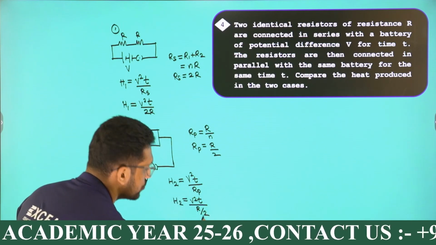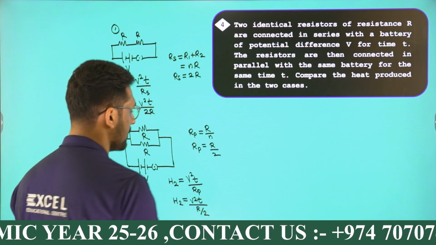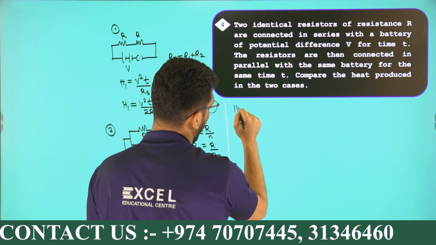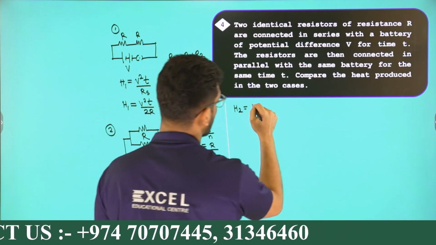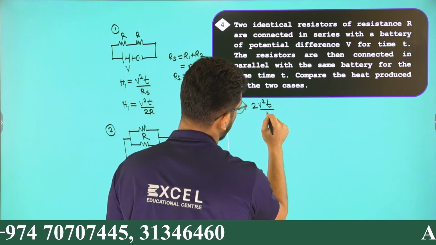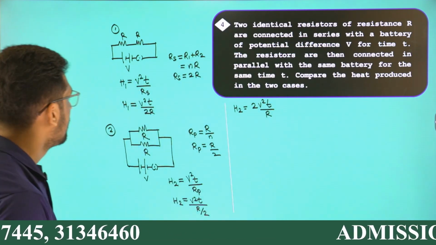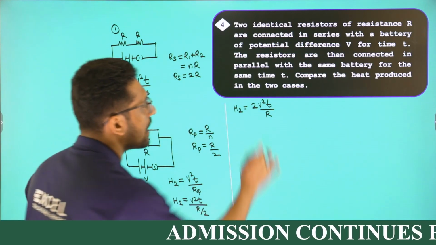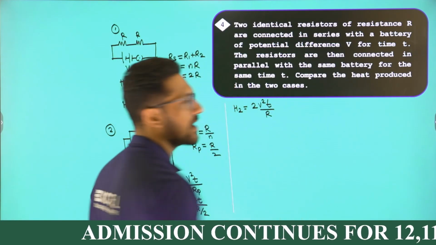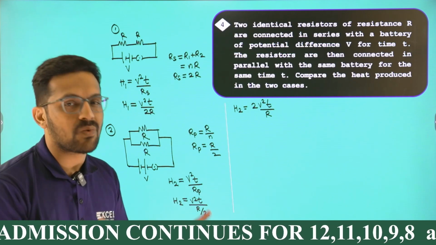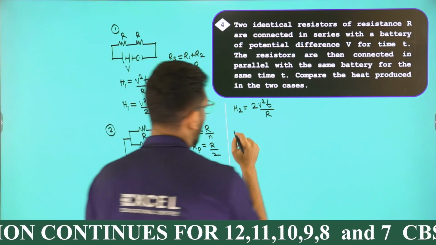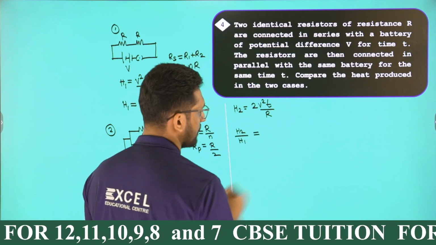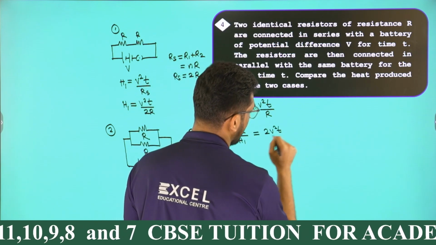So what happens to these two? The 2 will be coming to the top. Then I have H2. What is H2? H2 can be written as 2 into V square t by R. That means I have H1 and H2. What is the question? Compare the heat produced in the two cases. How to compare them? Just divide them. You will get the comparison. I am going to divide H2 by H1. So 2 V square t by R